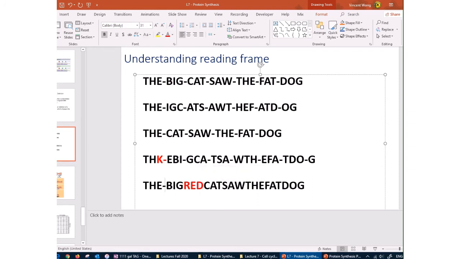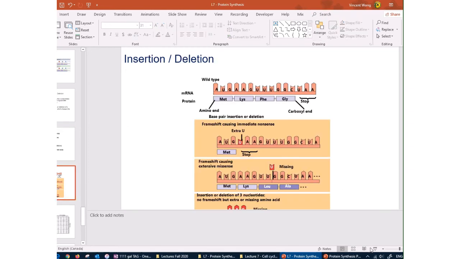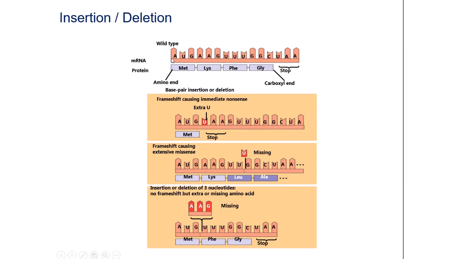And by adding 3 letter words, we did not change our frame, right? And we can still preserve much of the sentence. Okay, so that's what a reading frame is. So in this example, you can see this is the wild type, the original mRNA, and again, the changes happened in the DNA level, but for simpler explanation, we're just going to focus on the mRNA here. So that's the original, and you can look up the codons, and they code for these 4 amino acids, followed